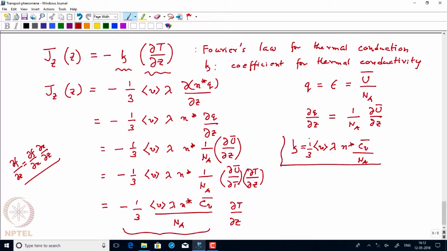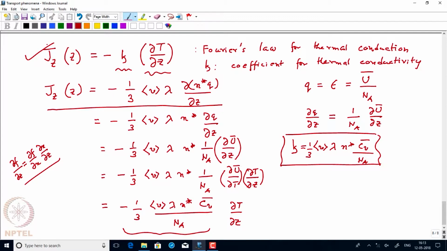So thus we see how we can get a very handy expression for the coefficient of thermal conductivity using the fundamental relation that we derived for any transport phenomena. And now we'll see, for thermal conductivity, Fourier's law is there. This is a phenomenological law, and similarly for mass flow, which is diffusion, we are going to discuss diffusion later. First we can discuss, let's say,